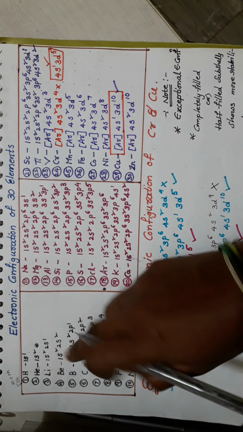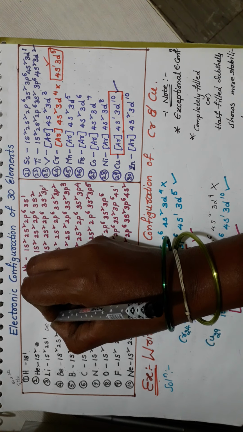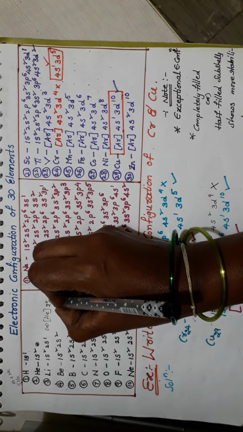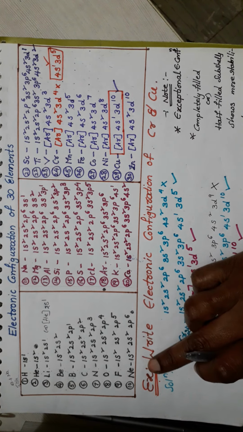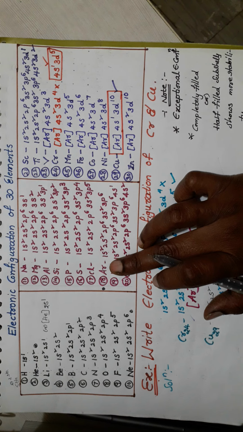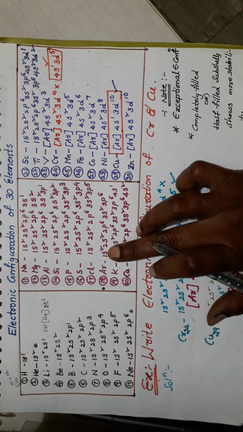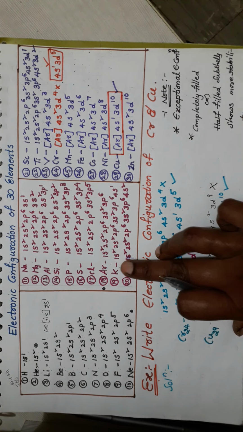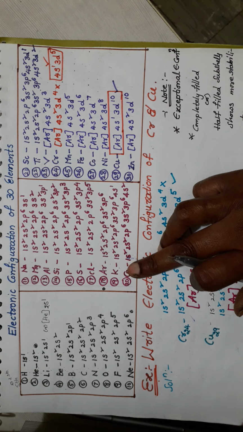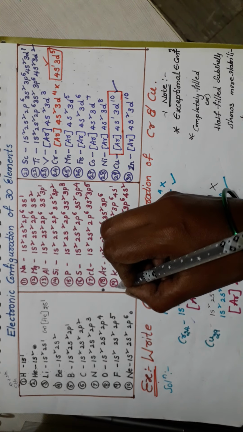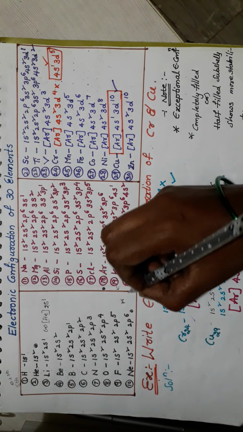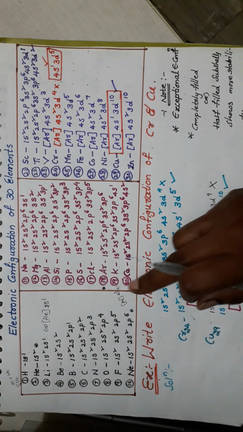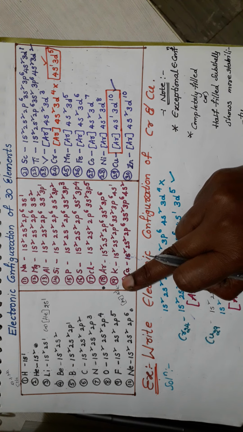Okay, so here for lithium, you may write down directly helium and 2s1. Okay, next here, argon: 1s2 2s2 2p6 3s2 3p6, it is 18 electrons. So if you want to write down potassium, you may directly write down argon, and 4s1. Simply, this is one type of shortcut electronic configuration.